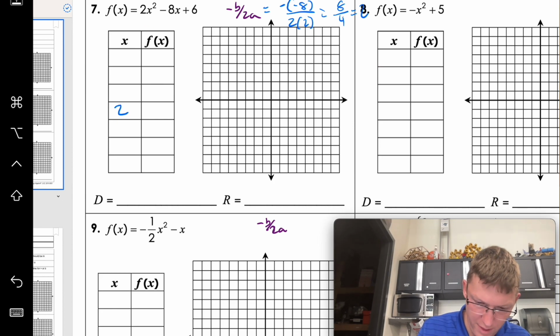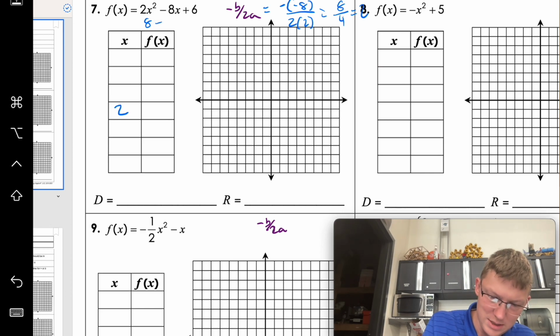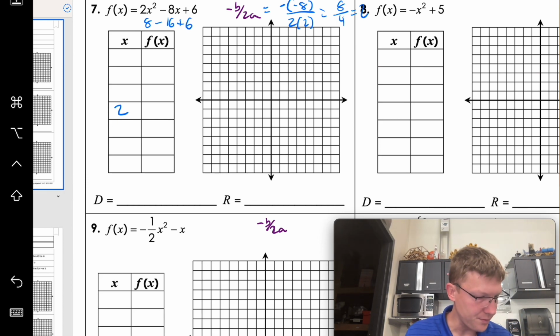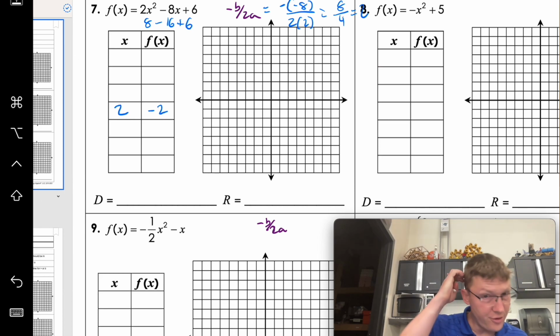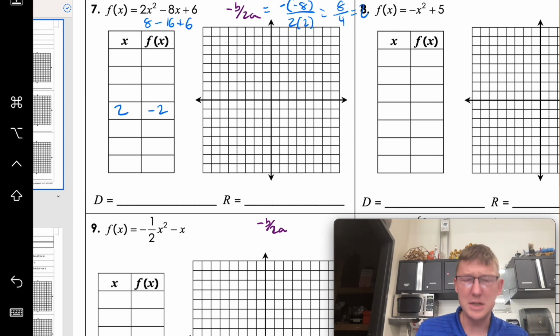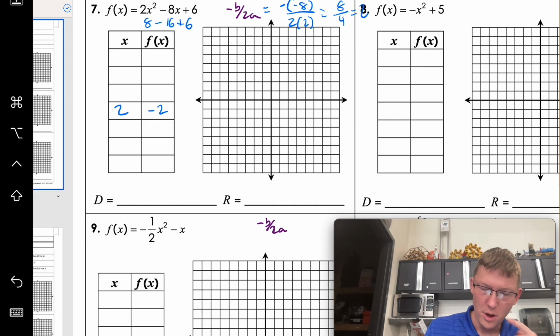So if I do all of that, we're going to have 2 squared, which is 4, times 2, which is 8, minus 8 times 2 is 16, plus 6. So we're going to do 8 minus 16 plus 6. So our vertex is going to be at negative 2, negative 2. So then you can use your calculator for the rest of this. And on the next problem, I will actually show you how to do this on the calculator very quick and easy. But for now, you're just going to plug,